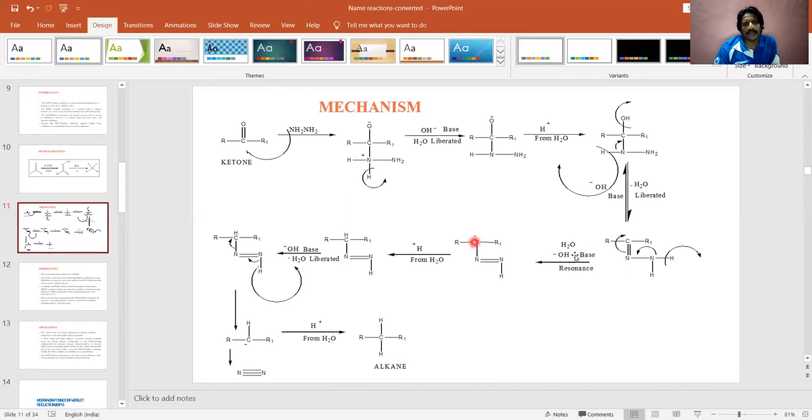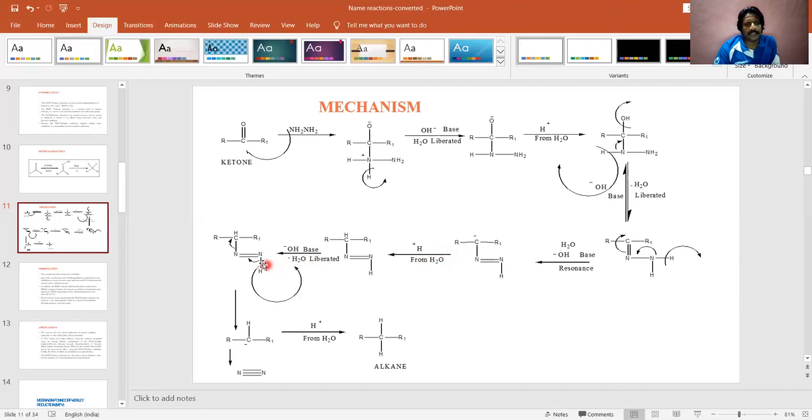Now again the water comes because water is eliminated here. So water can dissociate into H plus ion, and H plus ions dissociated over here will be added over this carbanion. So now our first step is completed. That is addition of one hydrogen atom to the carbon. But again you have to understand, when this H plus is generated from this water, our base is regenerated, OH minus. OH minus is there. Now that OH minus, what it will do, it will take up the second hydrogen also. Earlier one hydrogen was grabbed in the first step.